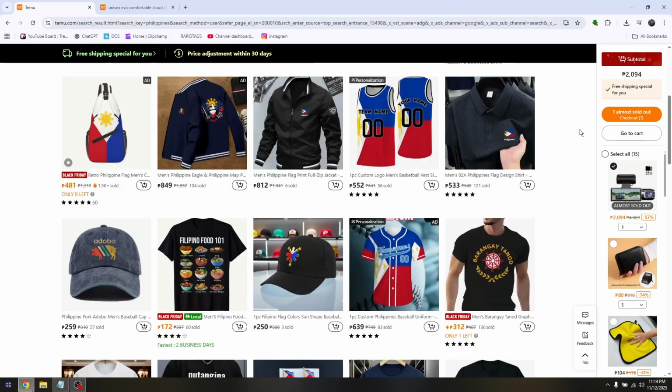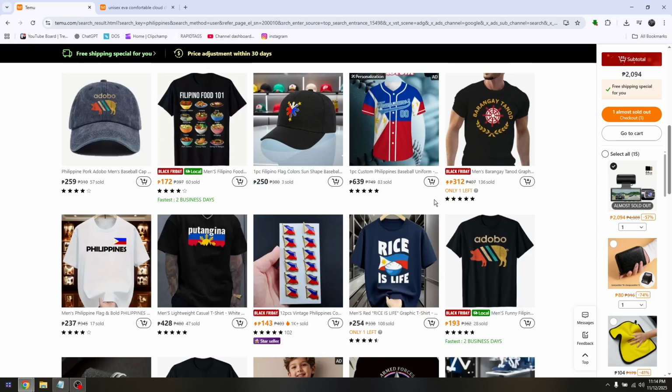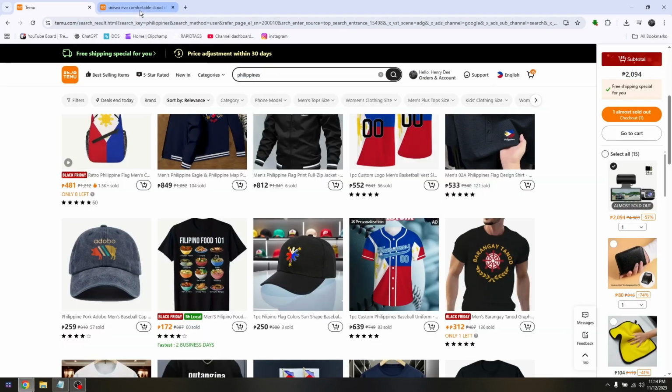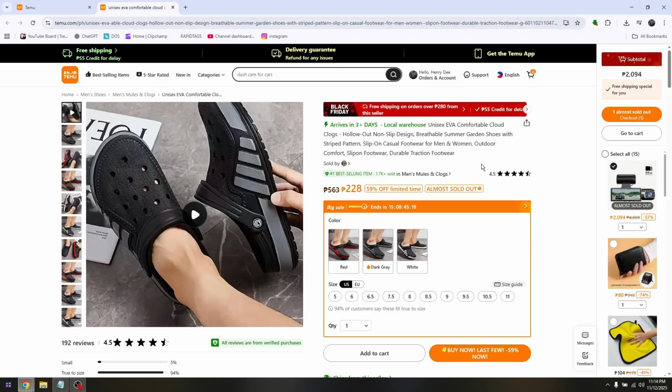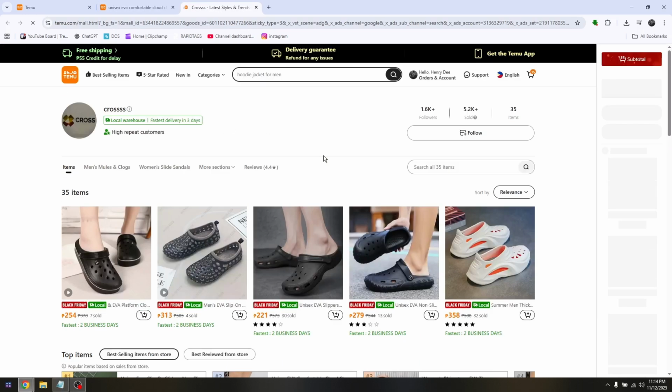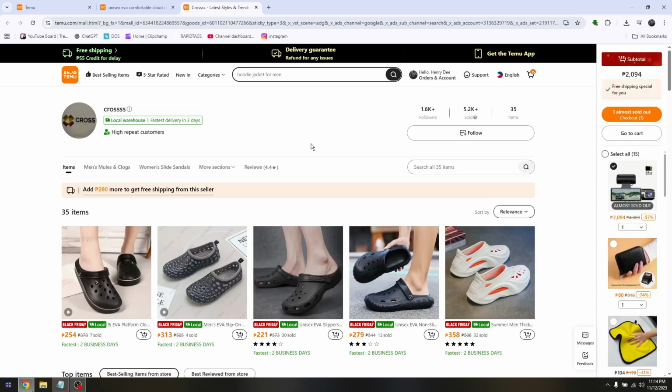Now let's just first choose any random product that you would like to have. For example, this one. Now, for you to be redirected to the profile of the trader or the seller, just simply click this small icon right here that says sold by, and you will be redirected to the seller's profile. Now, all the details, the addresses, phone numbers, and emails of the seller that you would like to get